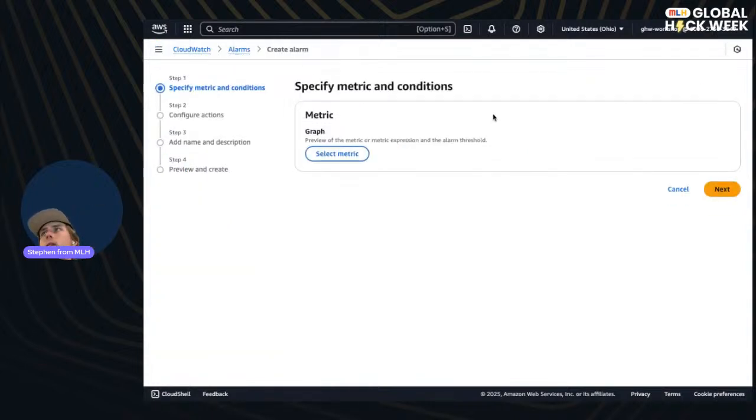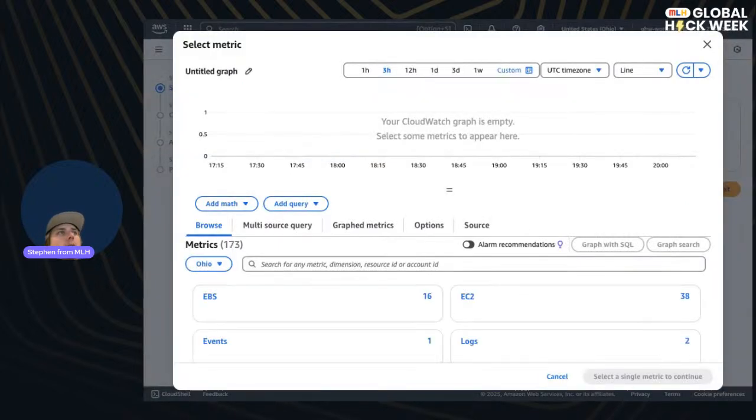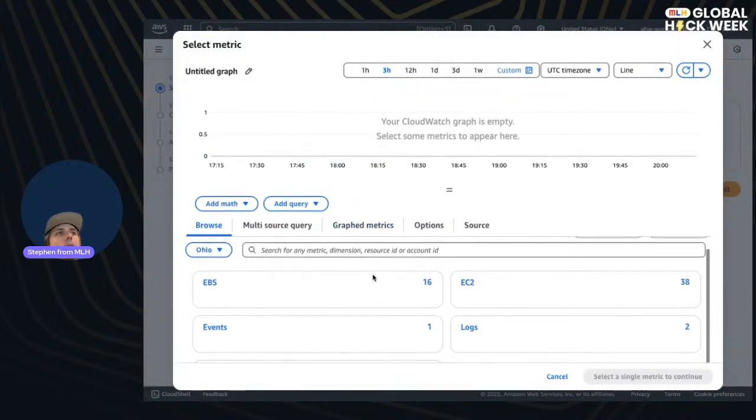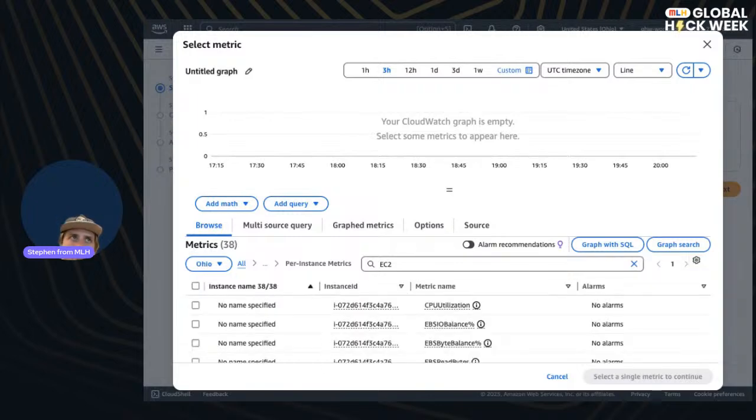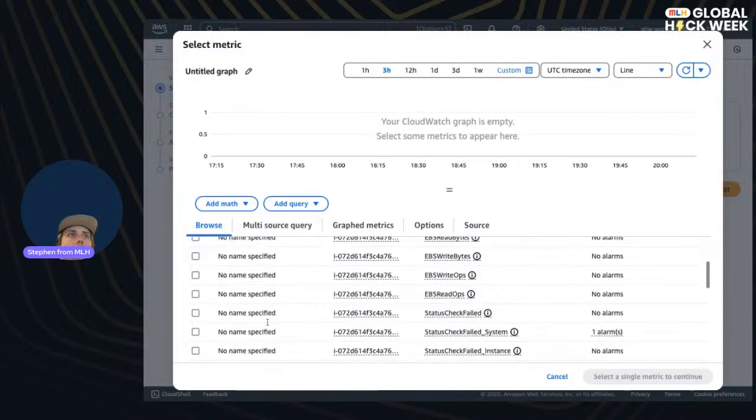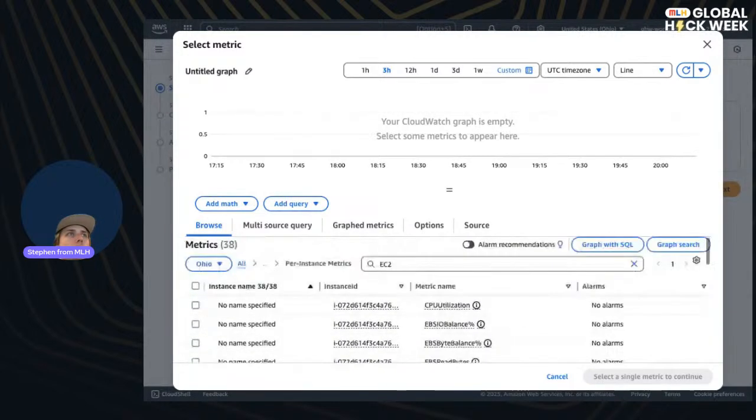And to select a metric, we're gonna click select metric. We're gonna go down to here, and we're gonna look for EC2. Okay, there it is. So we click on that, and we want to click on per instance metrics. And specifically our instance ID, which is here,